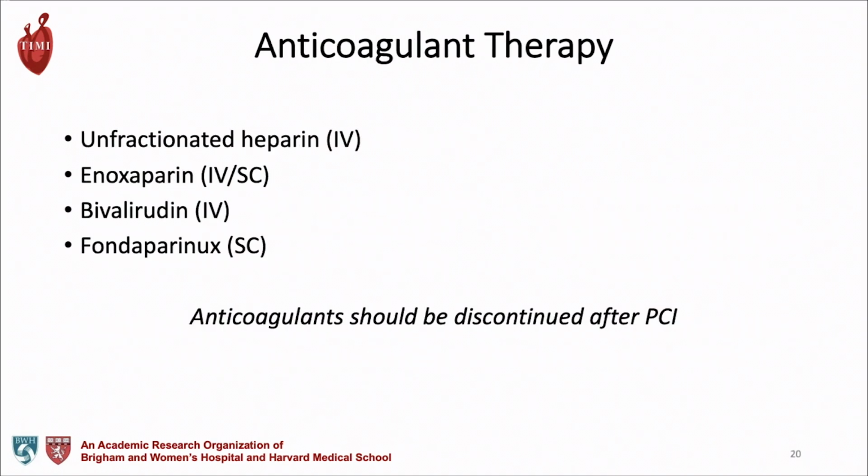So anticoagulant therapy, as I mentioned, is also important. The 4 agents that have been studied and are used in this context are unfractionated heparin, low molecular weight heparin like enoxaparin, bivalirudin, and fondaparinux. And in general, guidelines tend to favor unfractionated heparin, sort of the old sturdy tool that's been around for a long time. It is the favored peri-interventional anticoagulant because of the ability to turn it on and off quickly,